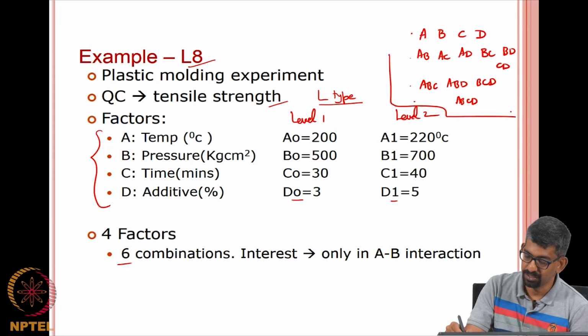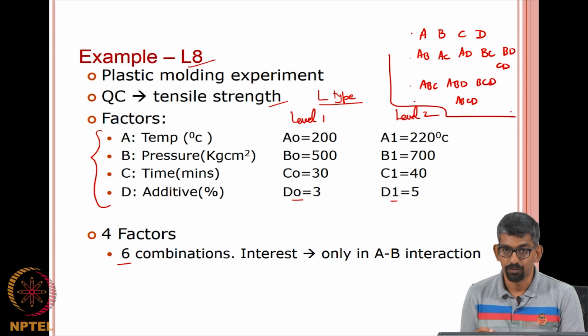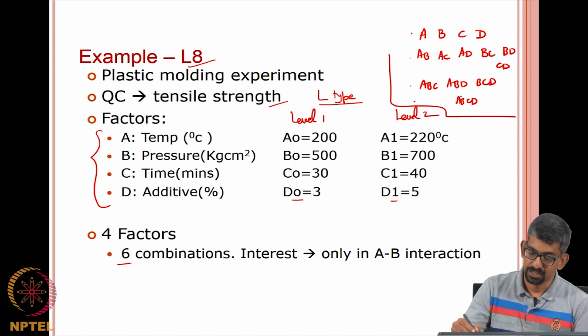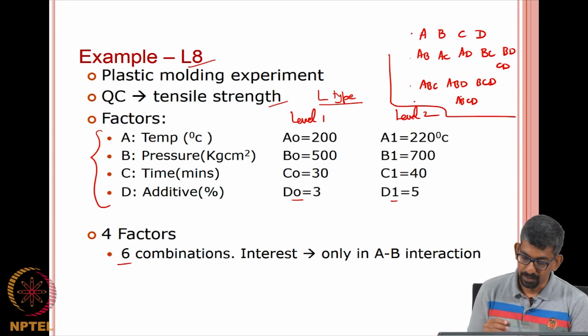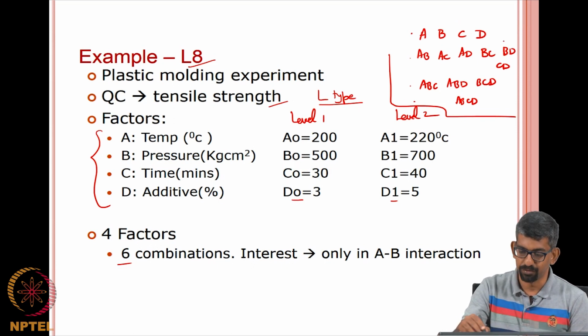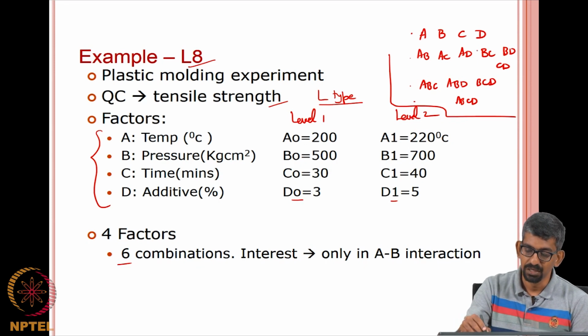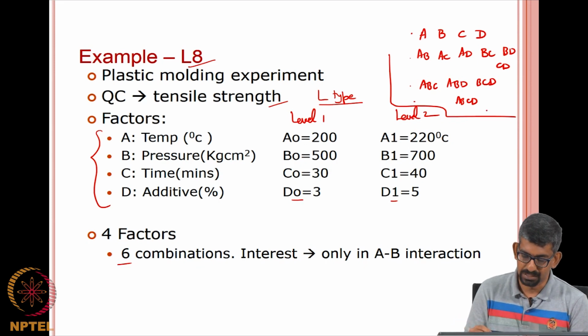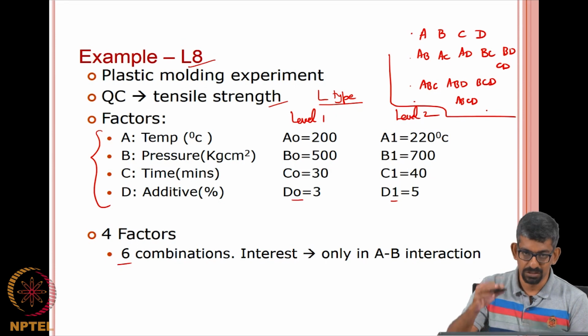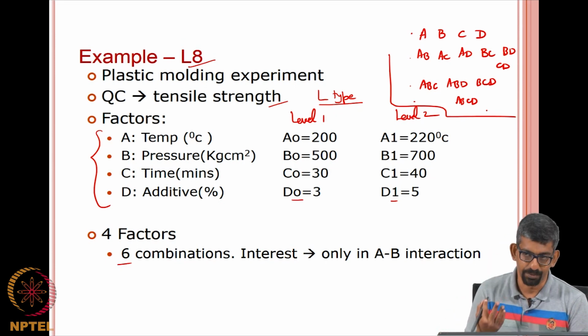So, primarily if I have to account for all the interactions, there are about 14 of them, but we are pretending here. In principle, if you do a full factorial analysis, then you will be able to account for all these things, but in order to account for all these things, we need to do more number of experiments.